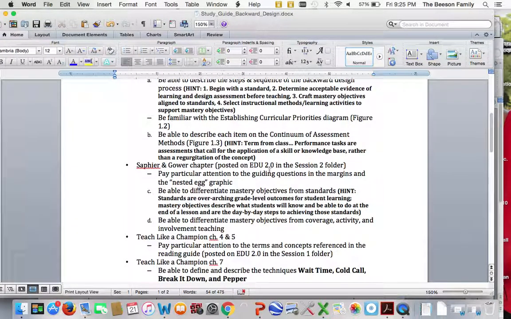Okay, so in your other readings, that nested egg graphic that we talked about the last time we were together, talking about the mastery objectives. And I put a hint here, we know that standards are bigger, and that mastery objectives are more specific, and they're more achievable in one lesson, where a standard might cover many lessons. And the ones that you've looked at sometimes have the standard on the left, and then on the right or underneath the standard you see more specific objectives, and that would be like a mastery objective, something that's achievable in